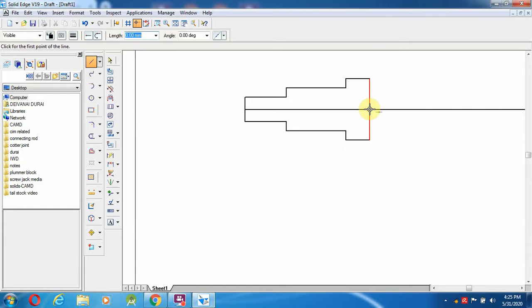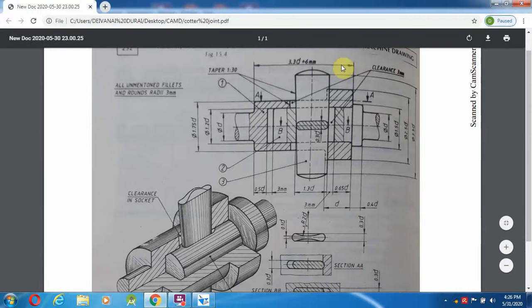So for a 24 mm line, it means 12 mm from the mid I am going to draw. Then towards this length, this is the length we already found, that is 3.3d plus 6 mm. So totally 72 mm we are getting. Then finally from this end to this edge, it is 0.5d, so 0.5d is 10 mm.